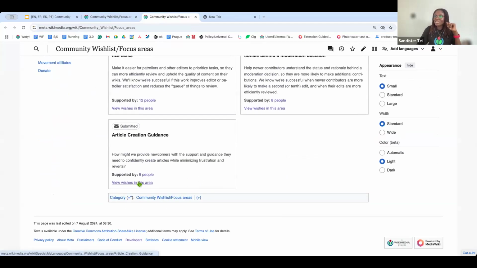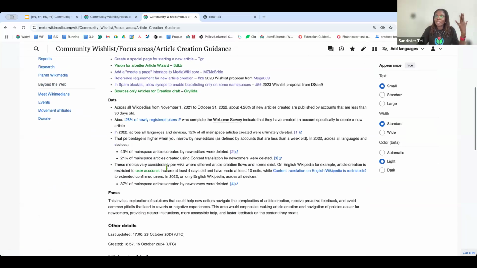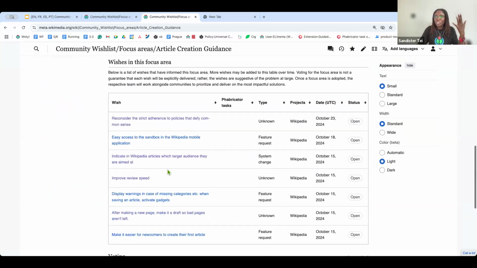It's called article creation guidance, right? And this focus area wants to know how might we provide newcomers with the support and guidance they need to confidently create articles while minimizing frustration and reverts. So what the wishes here